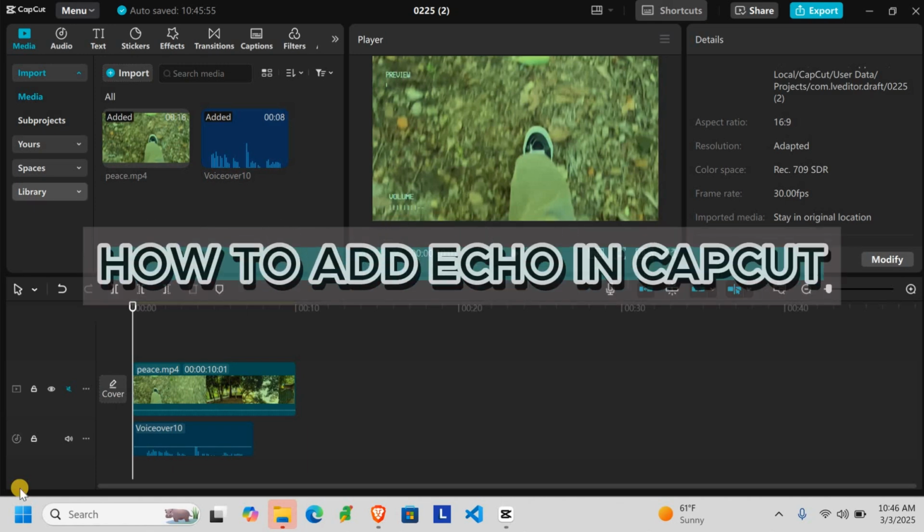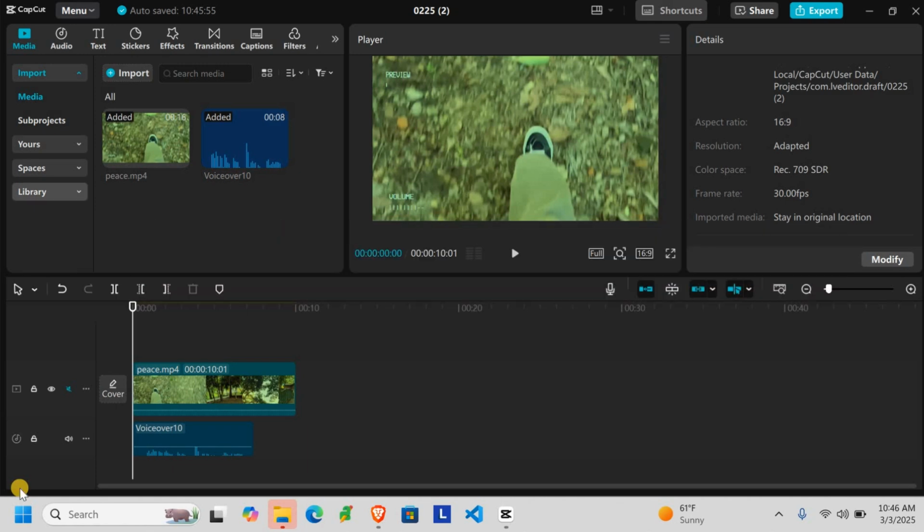Want to add an echo effect to your audio in CapCut? First, import your video or audio clip into the timeline, just like this. Now select the clip